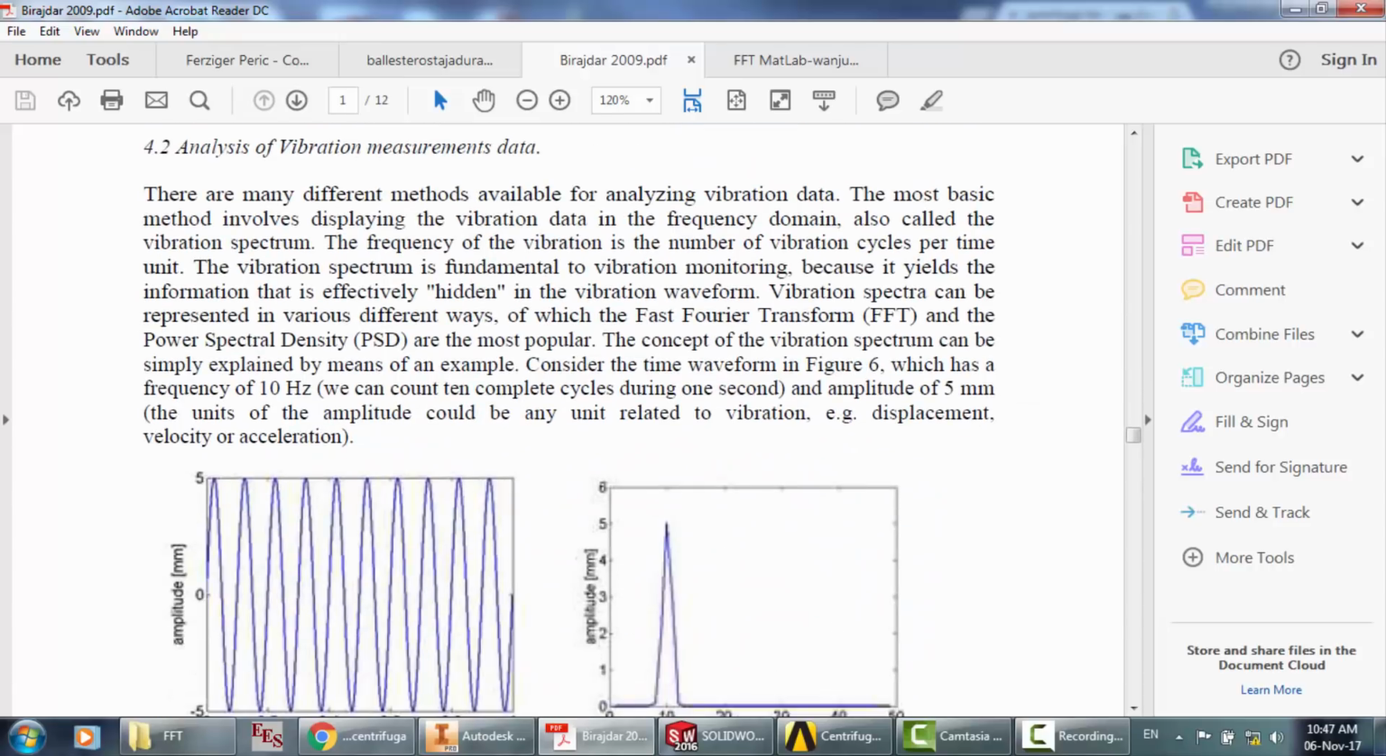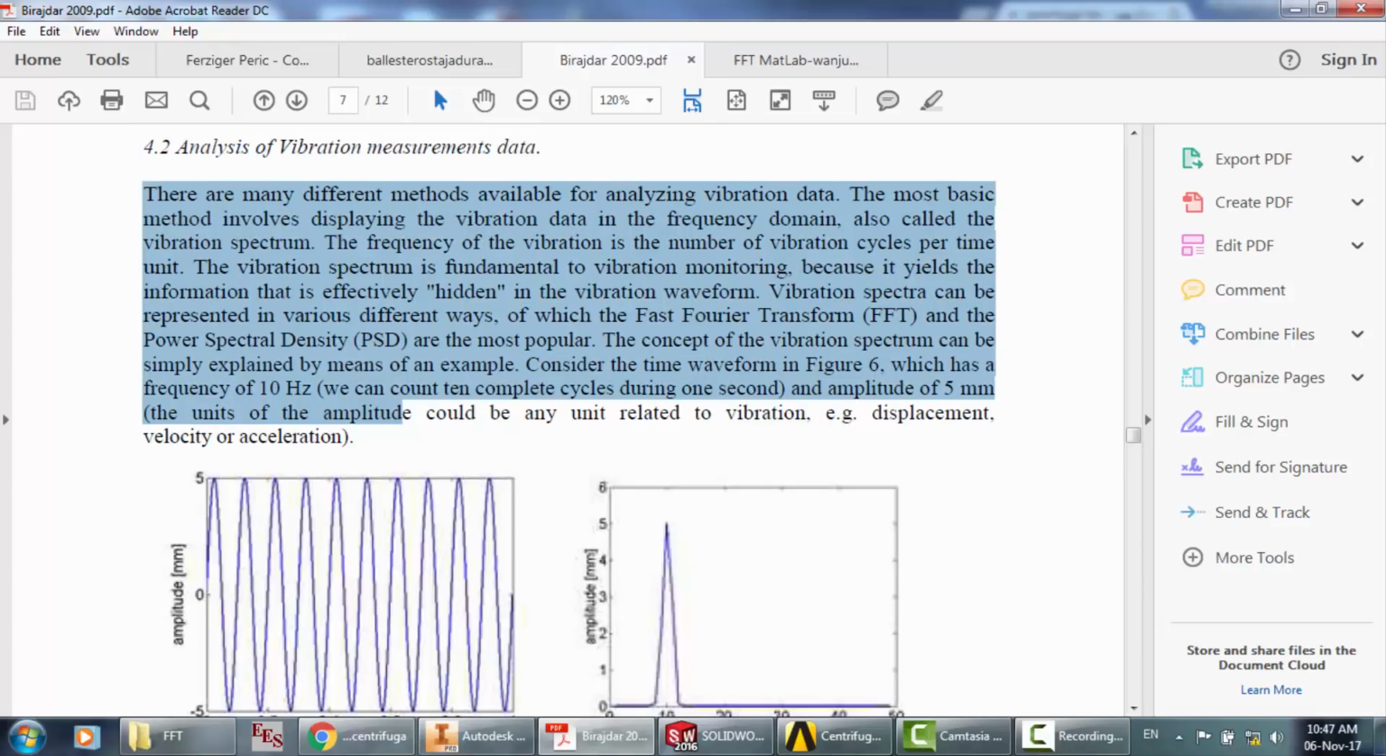The vibration. Analysis of vibration measurement data. There are many different methods available for analyzing vibration data. The most basic method involves displaying the vibration data in the frequency domain, also called the vibration spectrum. The frequency of the vibration is the number of vibration cycles per time unit. The vibration spectrum is fundamental to vibration monitoring because it yields the information that is effectively hidden in the vibration